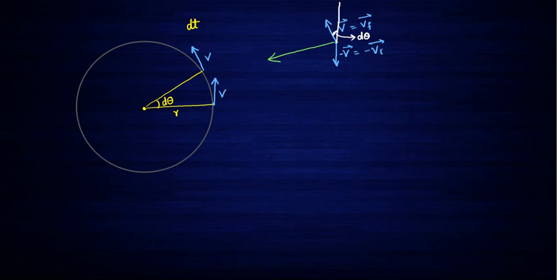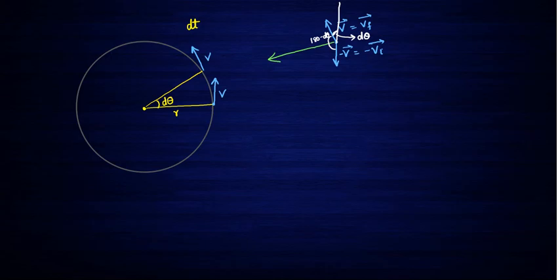The reason for that is you get a quadrilateral that looks something like this. So essentially it is a kite wherein this angle is 90 degrees, this angle is 90 degrees, this angle is d theta. So this angle is going to be equal to 180 minus d theta, and then this angle is also going to be equal to d theta. So this angle happens to be 180 minus d theta in degrees, or pi minus d theta as measured in radians. So to find out the net change in velocity vector, or rather the magnitude of the net change in velocity vector,